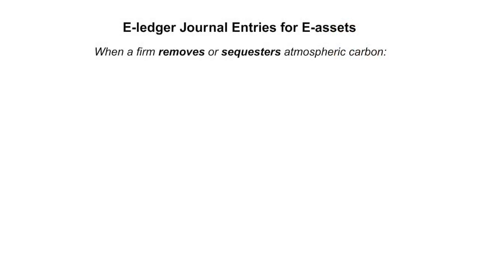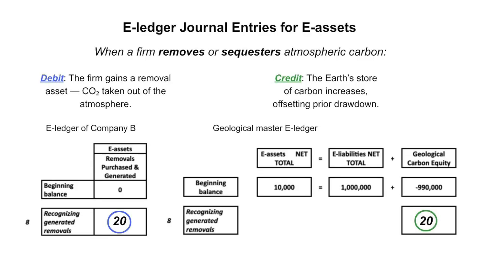And importantly, the key feature that we want to drive home is that when you engage in a removal activity, that is, when you generate an e-asset, what you're doing, of course, is debiting your e-asset because you've created this. And then the question is, where is the offsetting credit? And of course, the offsetting credit goes back to that geological carbon equity account. So you debit the e-ledger or the entity that creates the e-asset, and you credit the geological carbon equity account